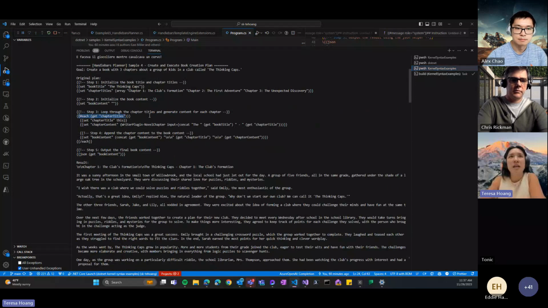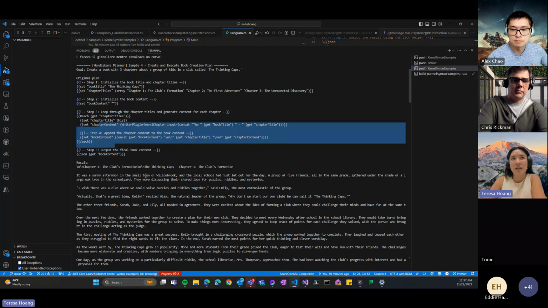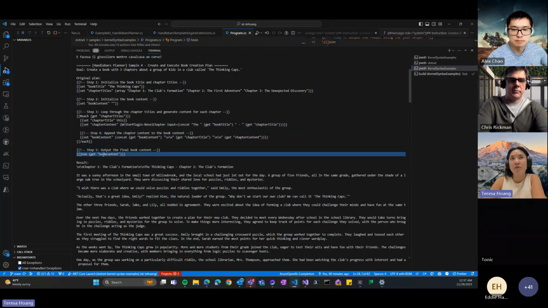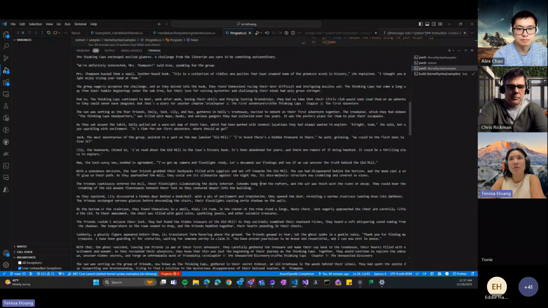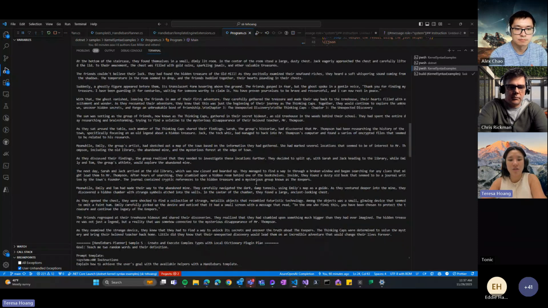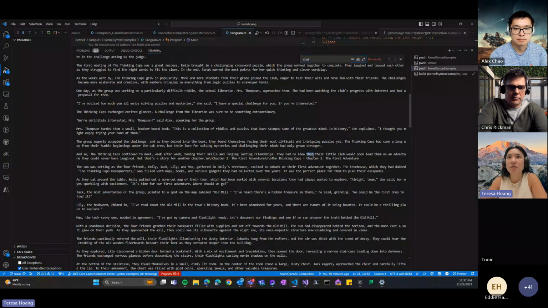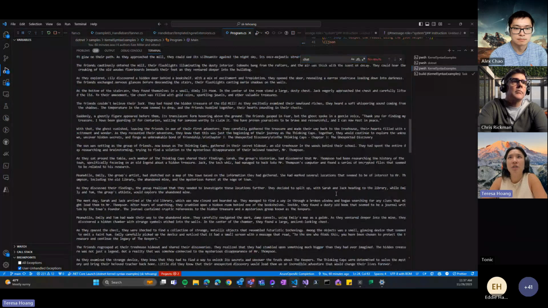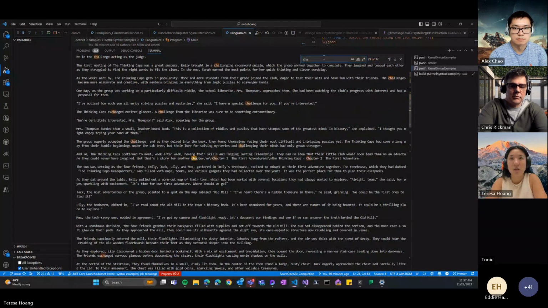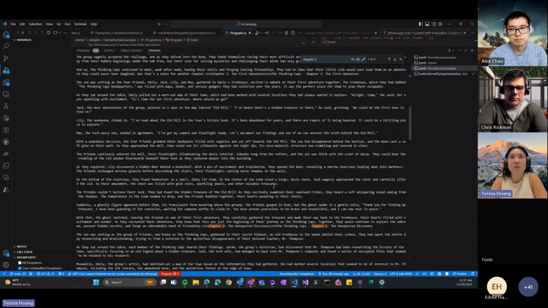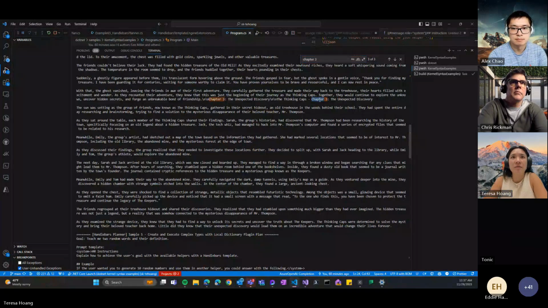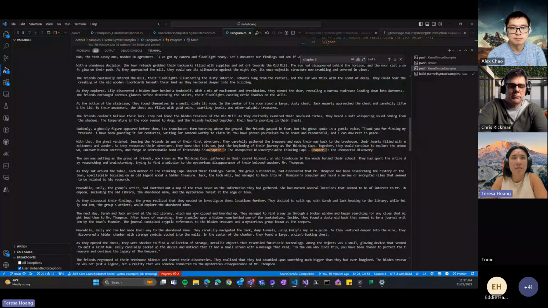So you can see that it's able to use the loop, and then for each of the chapters, it can write out the chapter, and then it prints out the book content. So it just concatenates each chapter into the book content and then prints it out. So you can see chapter 1 here, chapter 2, I don't know where chapter 2 is. Yeah, chapter 2, and then chapter 3 should be down here somewhere. Yeah, chapter 3. And so it's able to plan out all of that.